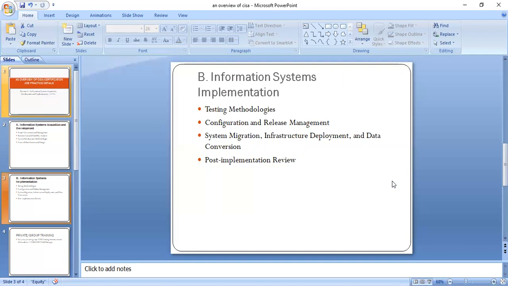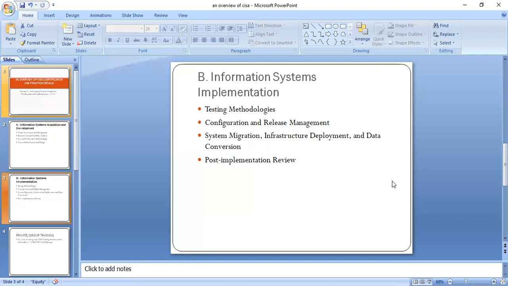Configuration and release management. Who has the authority to modify configuration? Once you have a configuration already established, before you can change that configuration, it must go through change management and release management. So we have minor release, we have major release, we have emergency release. Minor release, after the first version, you just change a few features.